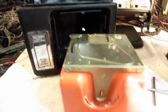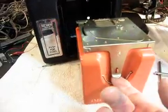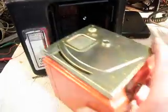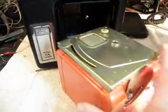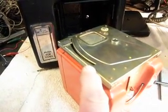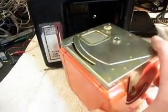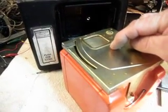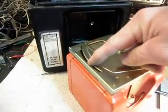Okay, and now on this cash box, since it's not an open cash box, of course you want to flip it open. But if you notice here, there's a little lever. And when this coin box, cash box, gets plugged into the telephone where it belongs, it hits this latch and pulls it forward. Now, I have seen people try to put this back in and hammer them in, and you can't do that. There's a little locking mechanism in here that enables this little lever here to be pulled back